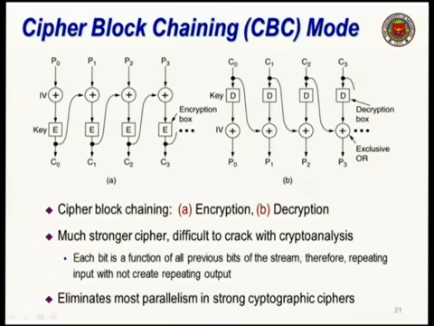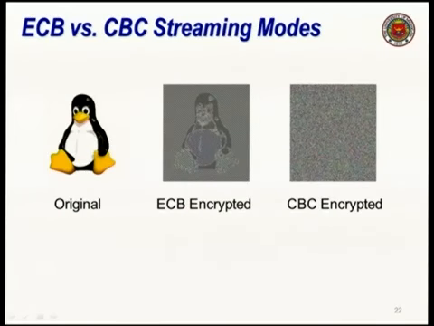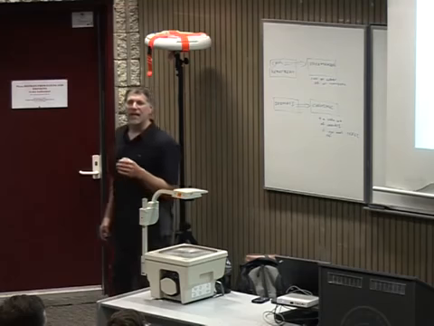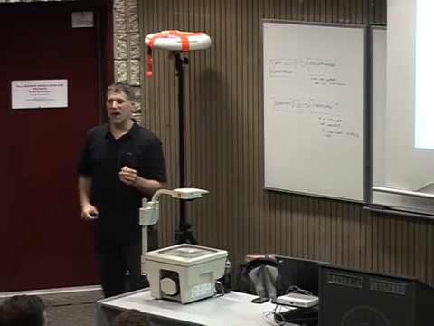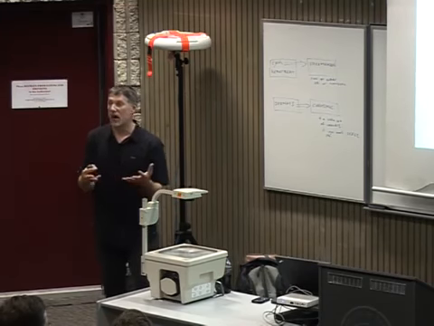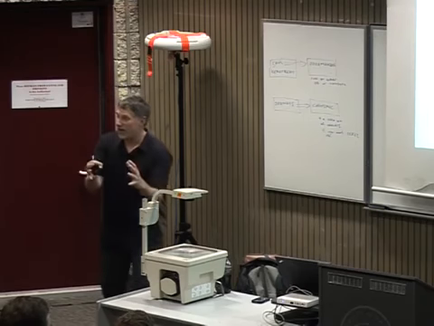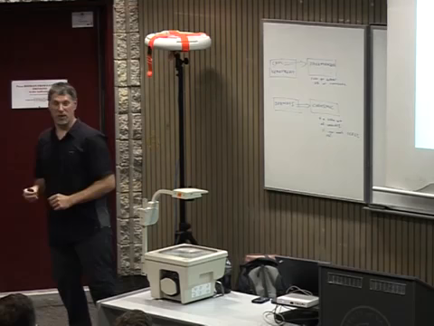Now here's the advantage of this. This is an image that I encrypted with ECB and then an image that I encrypted with CBC. And you can see, this is not as strong as this. The reason why it's not as strong is because it essentially becomes a problem of substitution to figure out how to decrypt the algorithm. Every time I have the word "the,"